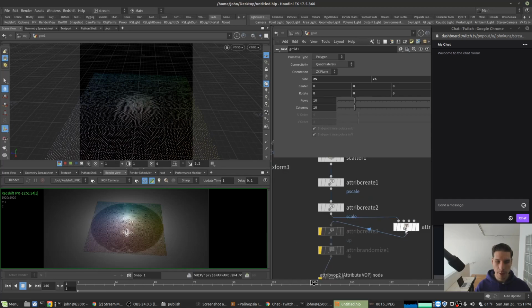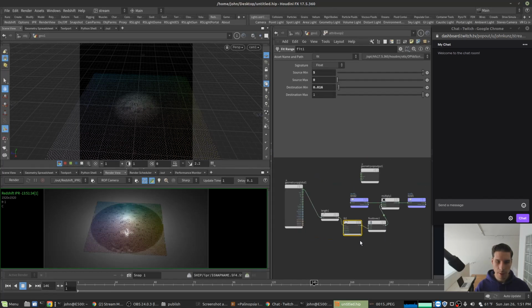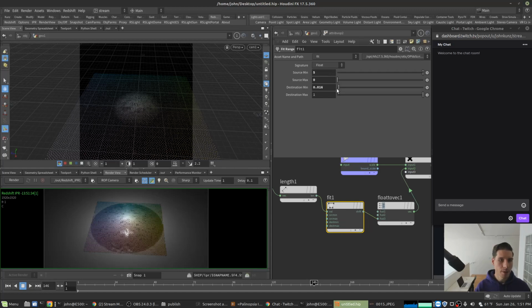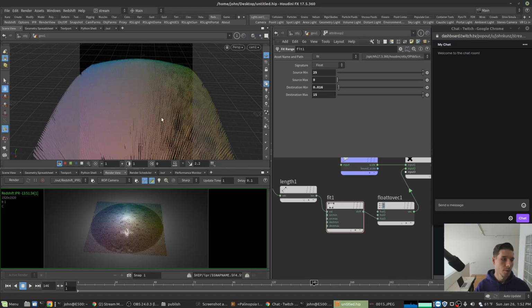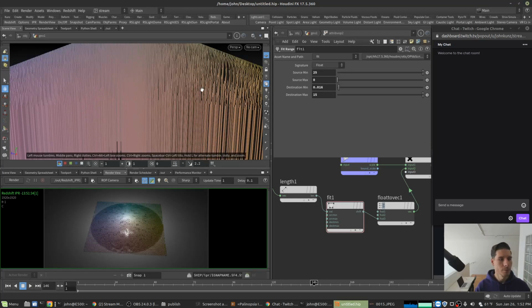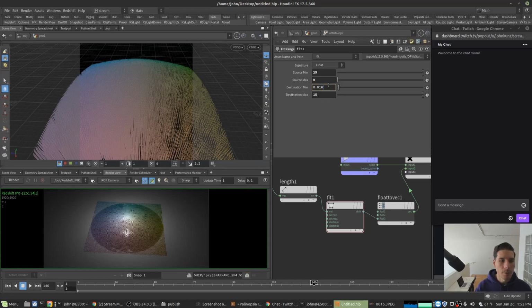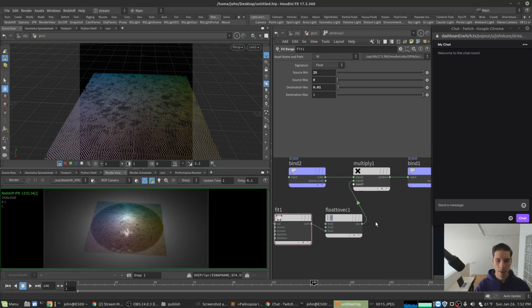I'm going to make my copies, maybe this is like 25, the closest number. Ooh, it's pretty big. So go from 0.1 to 1, and then what I can do is use this